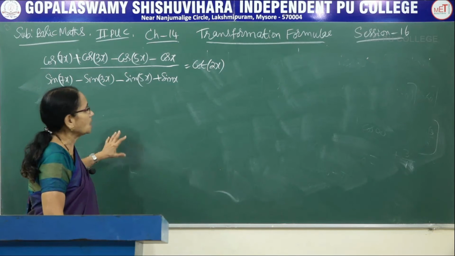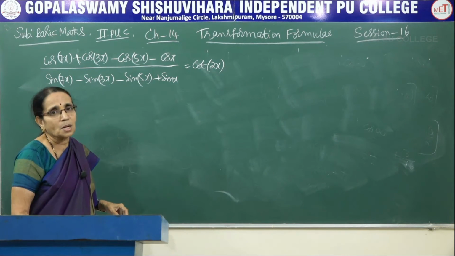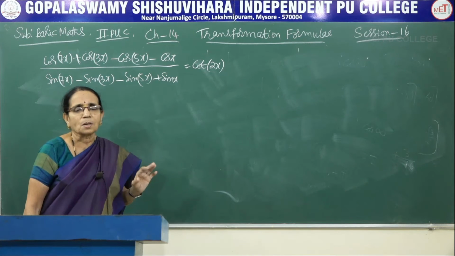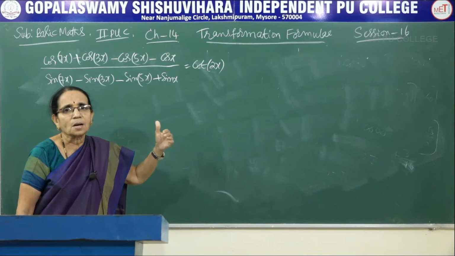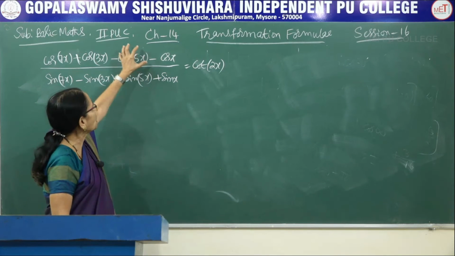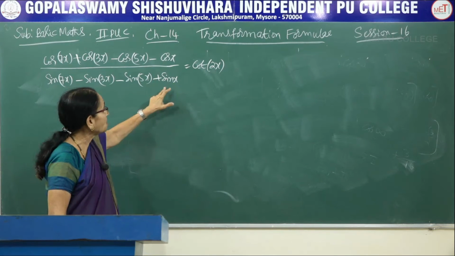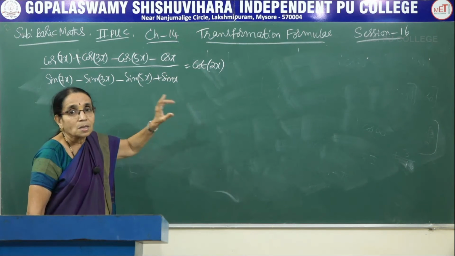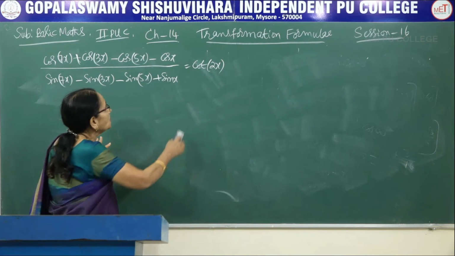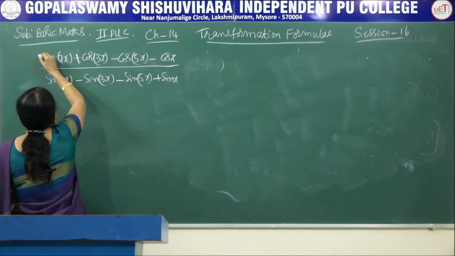Now look at the left hand side. How many terms are there? 4 in the numerator, 4 in the denominator. And what is the right hand side? Cot. You know the basic information. Cot theta is cos theta divided by sin theta. That gives us an idea. Somehow we have to get cos of 2x from the numerator as a common factor and sin of 2x from the denominator. Then only you will get cot of 2x. Correct? Therefore, 4 terms means you can group them 2 at a time.